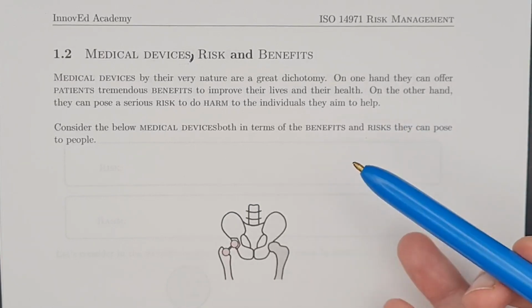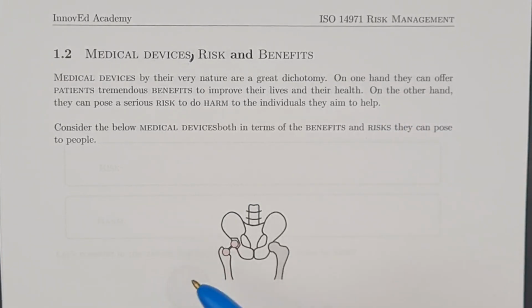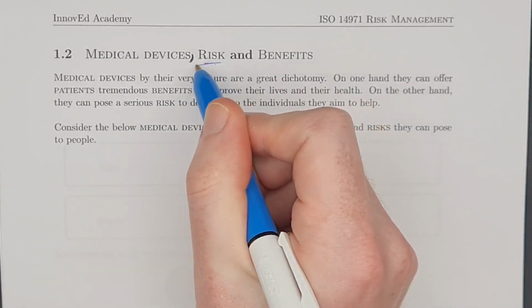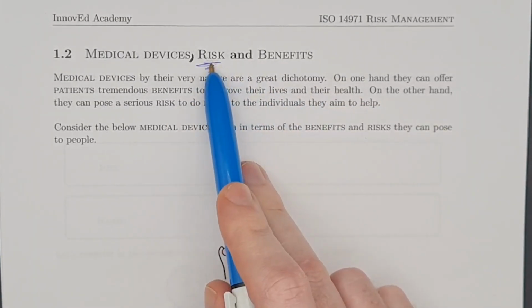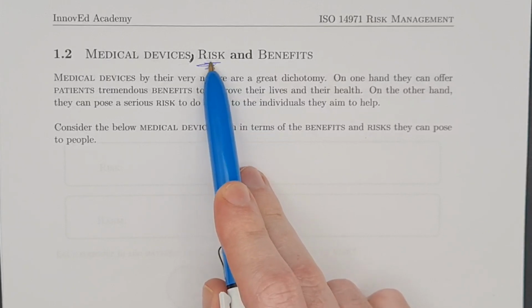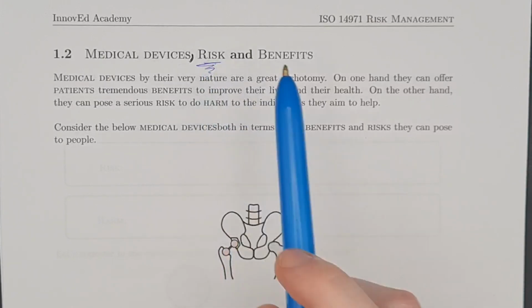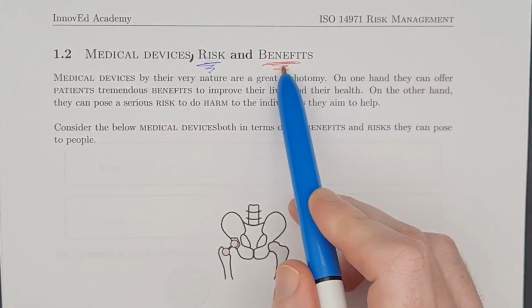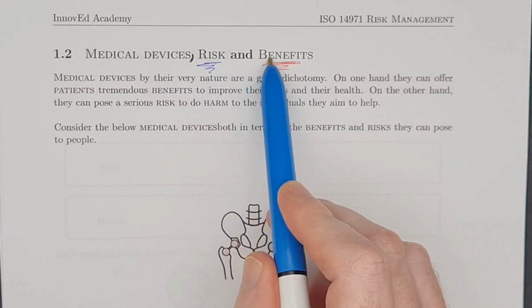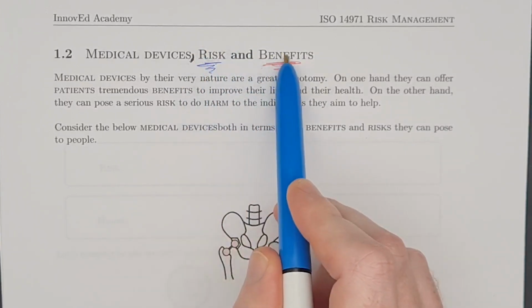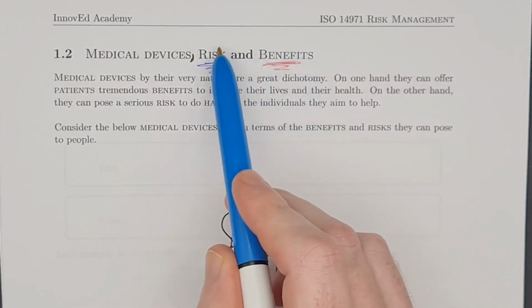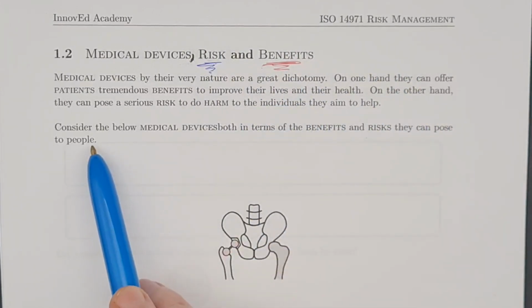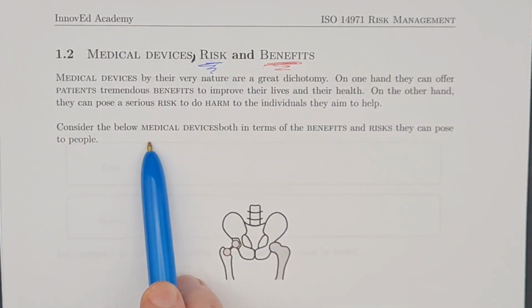devices. Now, of course, when we start to do that, we start to apply the principles of risk management, and we can very quickly get caught up in a case where we're constantly looking at all the risks, all the ways our device is dangerous, but we must always weigh this up against the benefits because there's serious benefits to medical devices in how they can improve people's health. And whenever we look at risk, we must always weigh it up against the benefits and look at these two things together. So let's consider the below medical devices, both in terms of the benefits and the risks that they